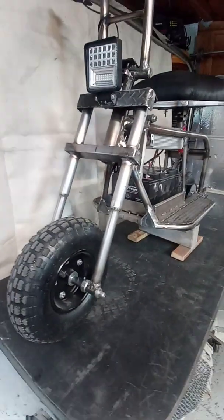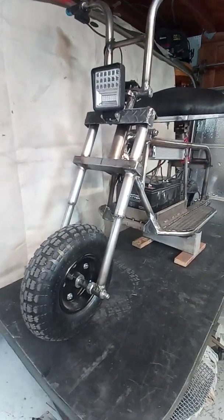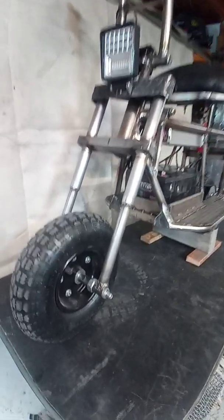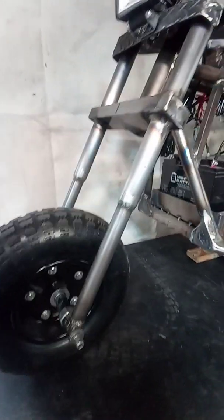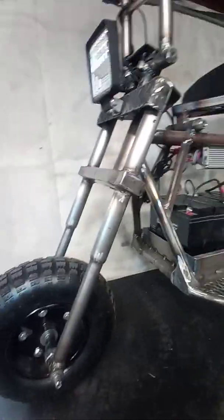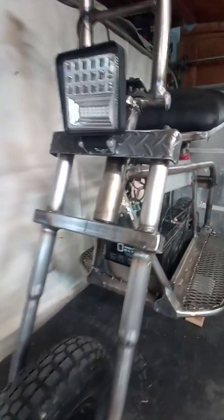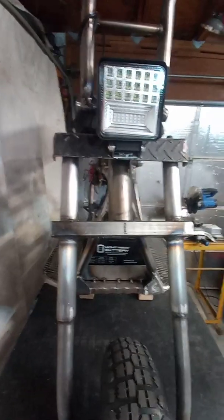Of course, I bought the wheels and the necessary accessories, but made the bars and the forks here out of DOM tubing, sized it up, and made sure it was strong enough. I wanted to use good stuff. And those beautiful triple clamps got there. Now they're welded, but they work good. Thought about making a Springer fork out of it,